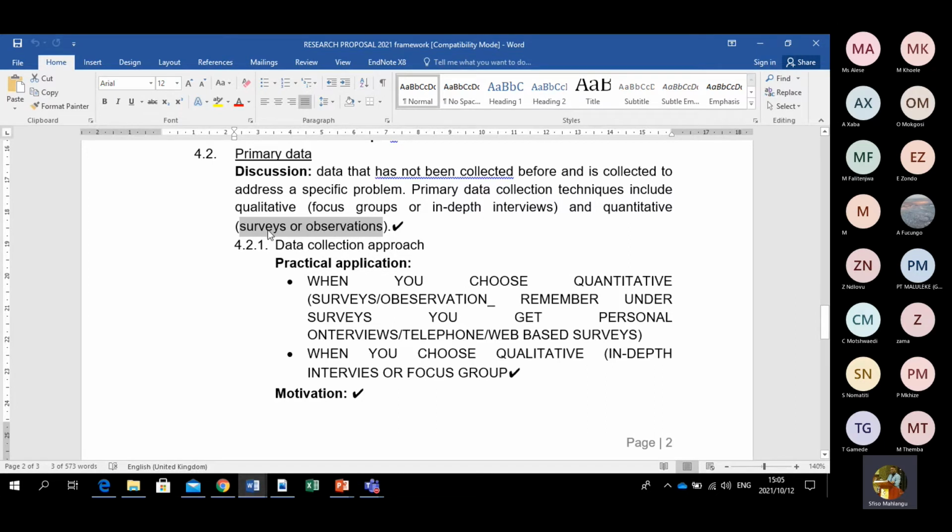But surveys, you'll remember that we've got a list of different methods that were covered in chapter 7, whereby they talk about telephone interviews, web-based interviews, your emails, as well as your personal interviews. I think you'll remember all those methods there. So it's about communication. And then with observations, basically, we've got